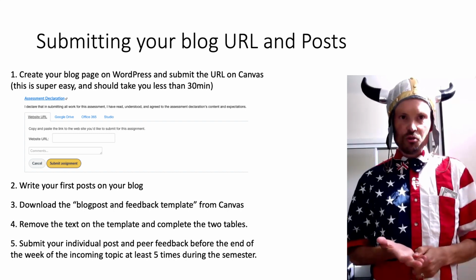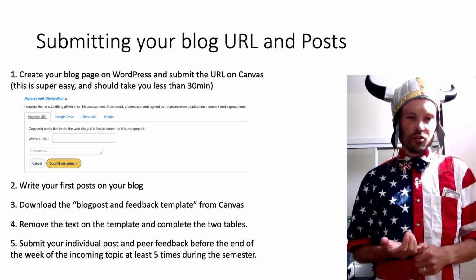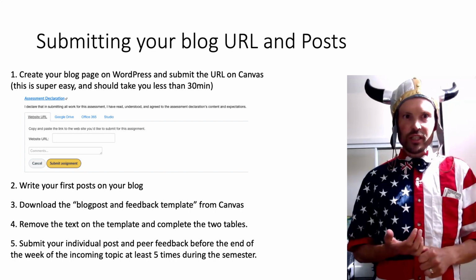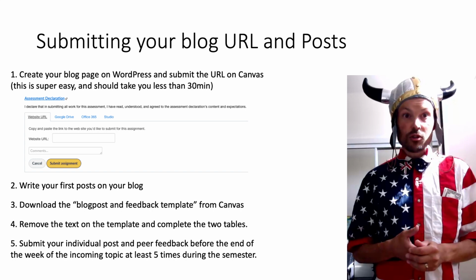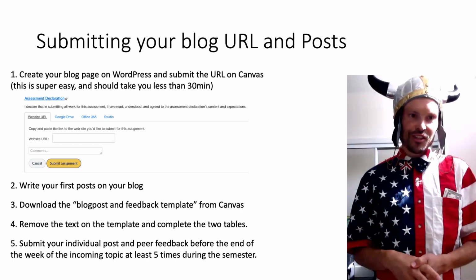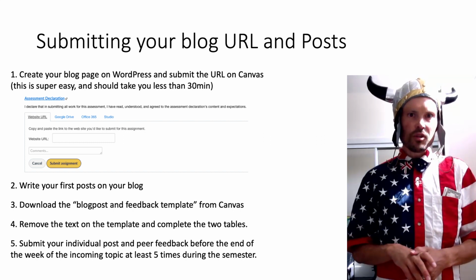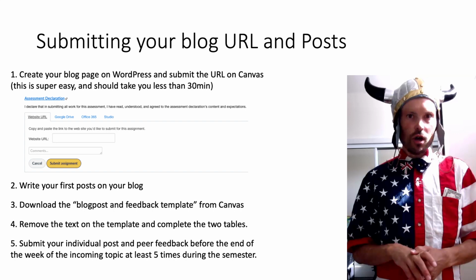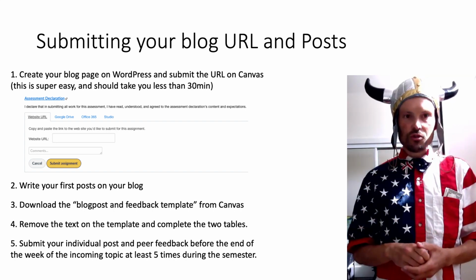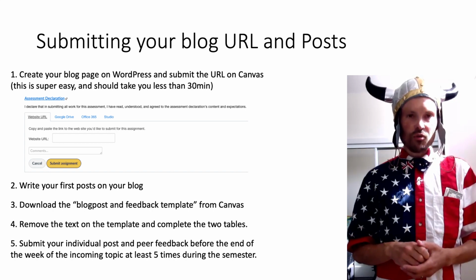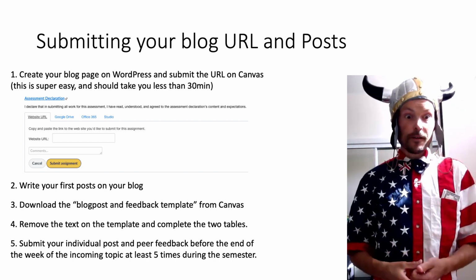Of course, we strongly encourage you to submit earlier, because that will give other students more time to read your post and provide you with comments and feedback, which will again improve your chances of getting a good result. So leaving it to the last minute is discouraged. If you miss that deadline, no dramas. As I said, you only need to do it 5 times, and you have 9 opportunities to do so. So if you miss the deadline, we cannot provide you with an extension. What you do then is just continue to the next week's topic.